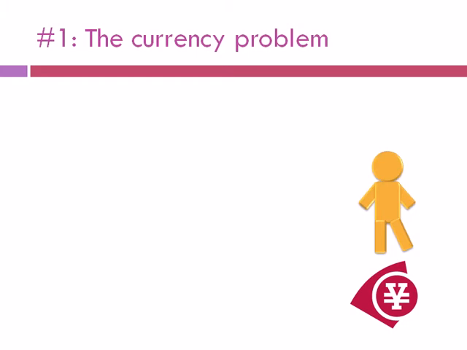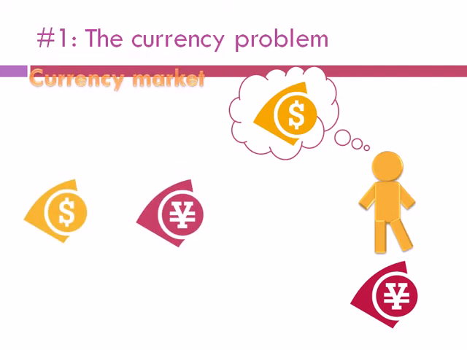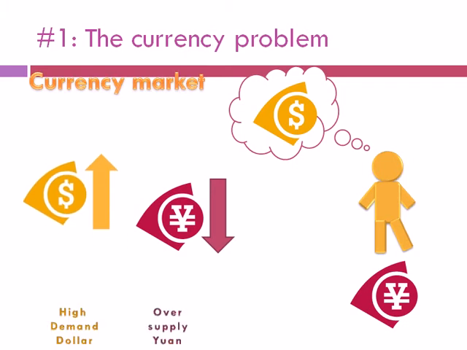If you look at Yufan's transaction, this is how it affects the international currency market. When she buys the book, she is purchasing in yuan, but the seller in the United States won't take Chinese currency. They only take American dollars. So in this simple market, Yufan's transaction creates a demand for dollars and an oversupply of yuan. This puts upward pressure on the dollar and downward pressure on the yuan.